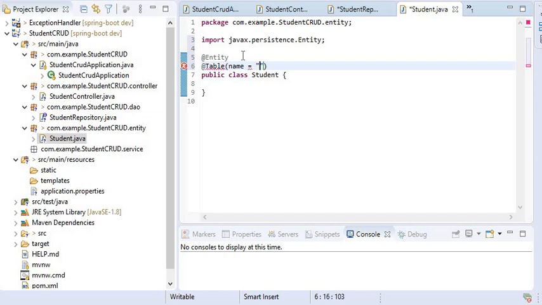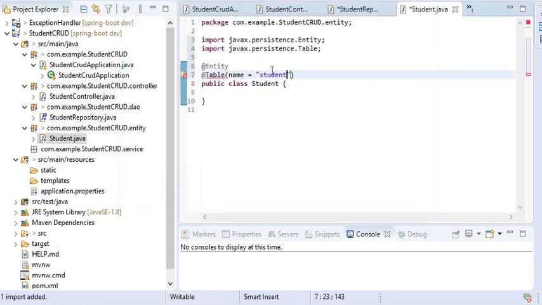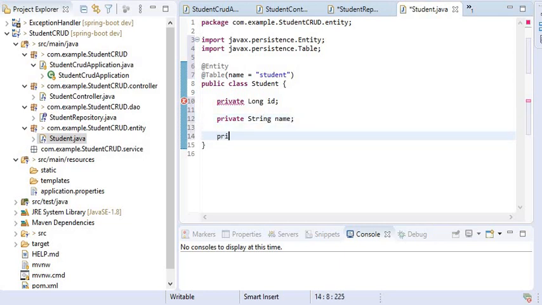If I do not use the @Table annotation, then it will pick the class name as the table name. And inside my student class I will declare a few properties: the ID of student, the name of student, and the city of student.